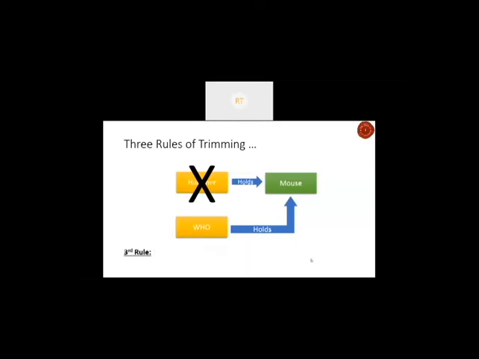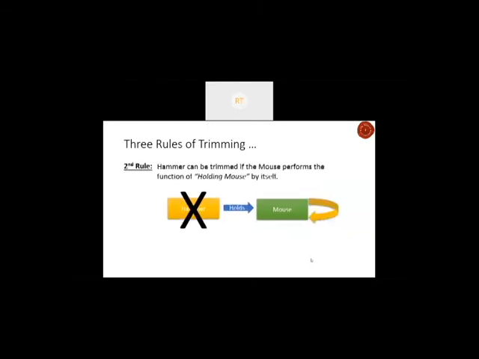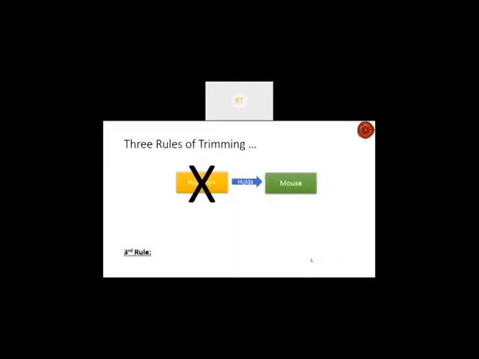So let's go back a little further and try understanding this further. We said that the mouse can hold itself. So we said that there is something that pushes the mouse out, or the mouse goes out of the house all by itself. Or there is a pet, like a dog or a cat, which can scare away the mouse. So the mouse runs out by itself. You're not doing anything. In this scenario, the cat or the dog is performing the function of scaring the mouse away. You don't need an additional object for it.